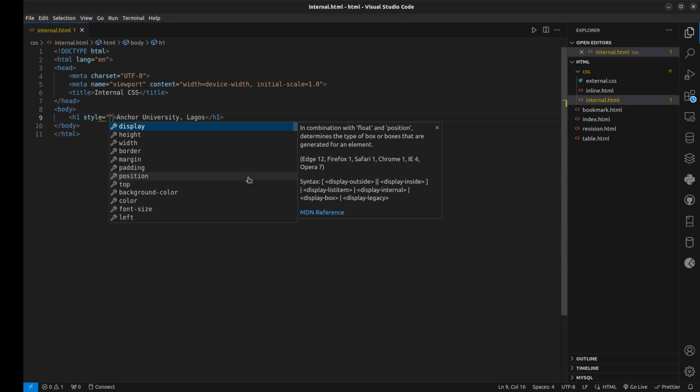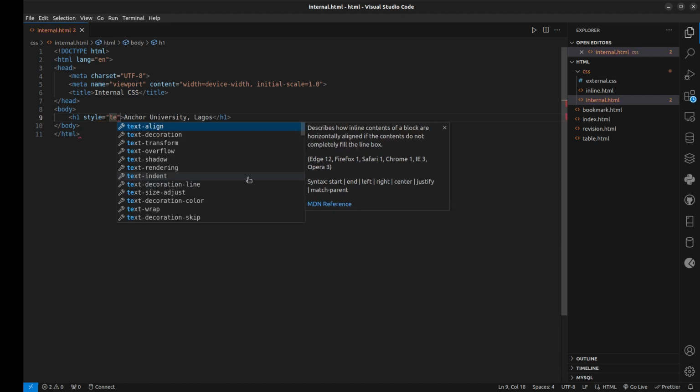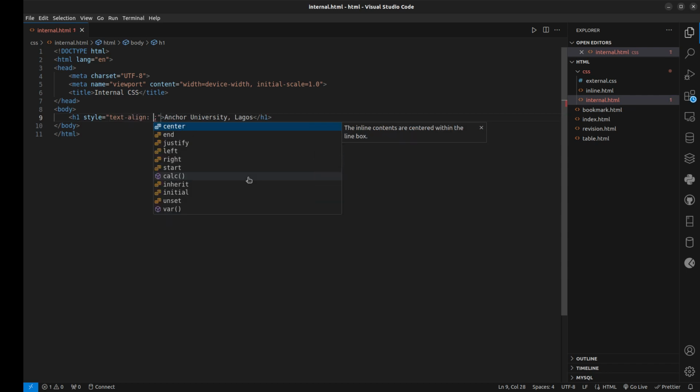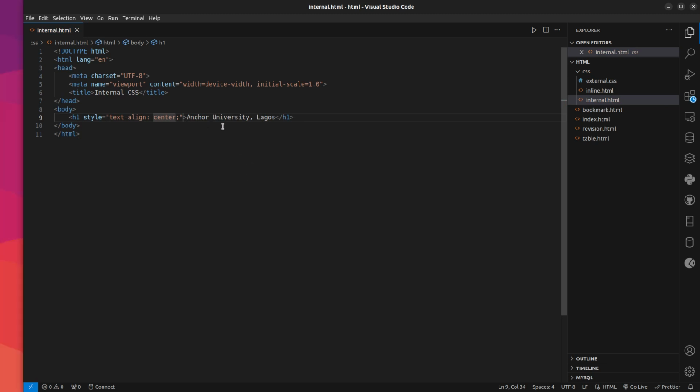text align, text align, text align to where? To center. All right. So text align to center. Okay. So that is the internal stuff. So I'm putting this in the middle. So if I run my stuff now and I say, give me,